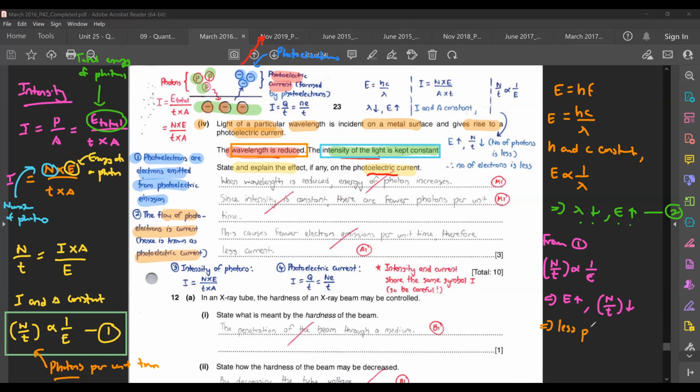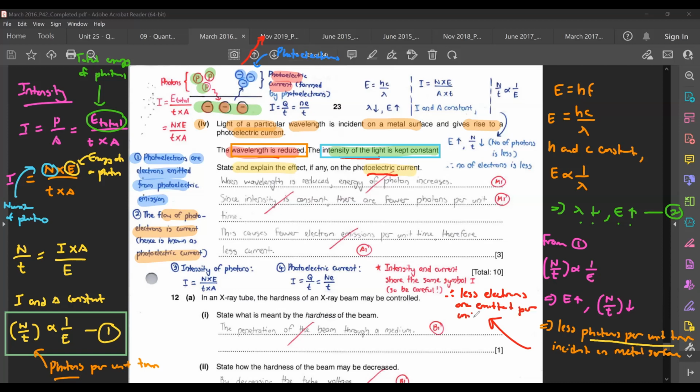You have fewer photons per unit time incident on the metal surface. So since you have fewer photons per unit time here, that means your electrons are receiving fewer photons. So when your electrons are receiving fewer photons, it follows that you have fewer electrons emitted. So you can work out a conclusion: since you have fewer photons per unit time incident on the metal surface, therefore fewer electrons are emitted